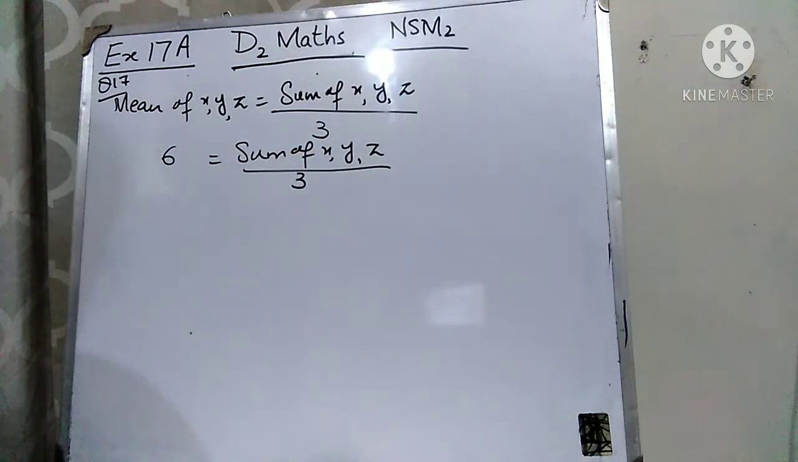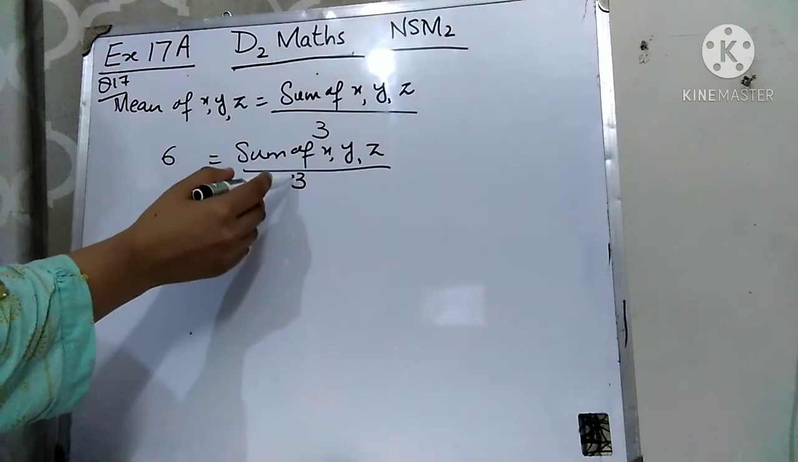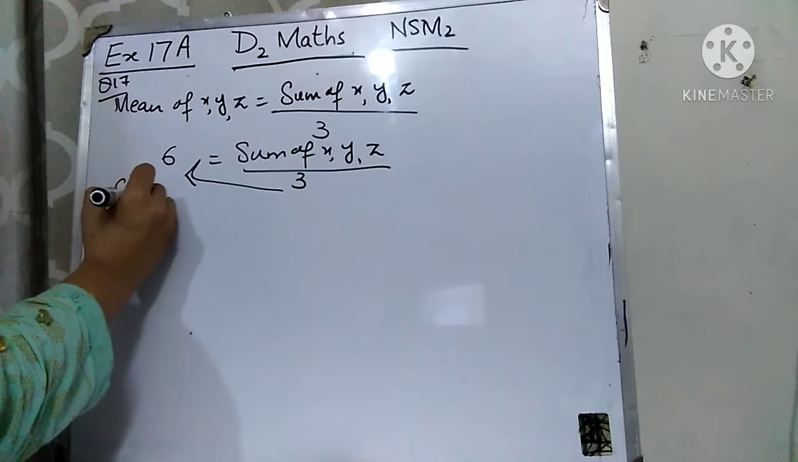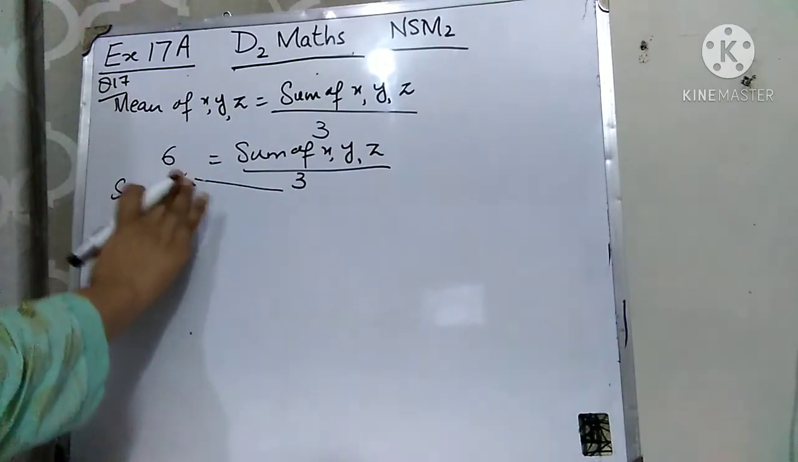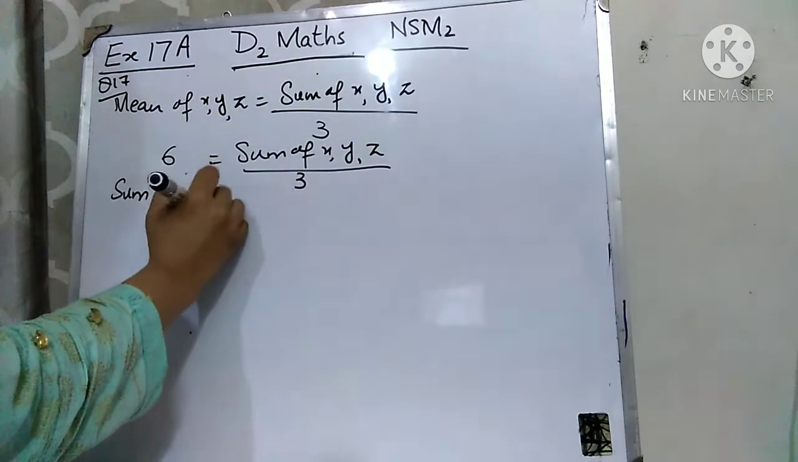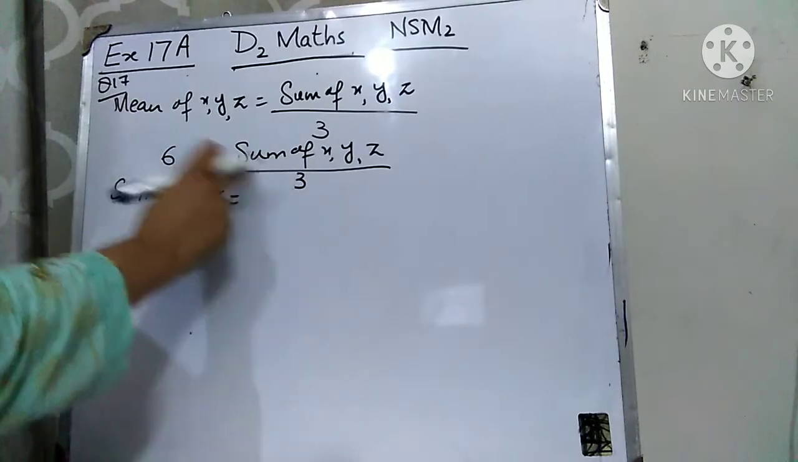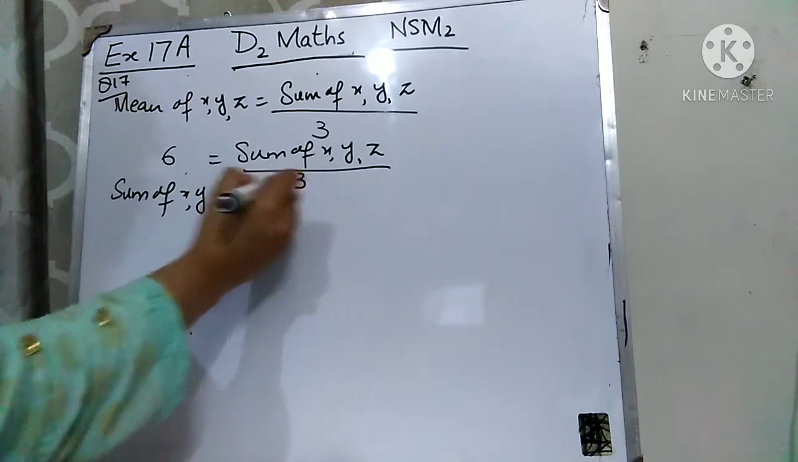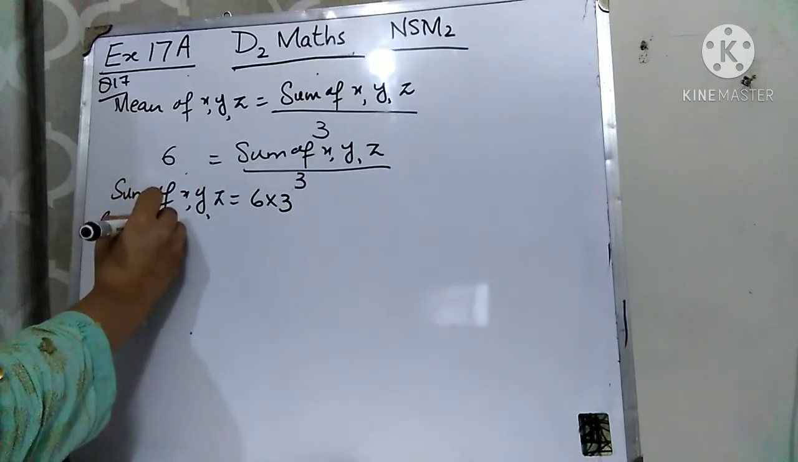We have to find out the sum of x, y and z. So this 3 is dividing over here, and it will come to this side and multiply with 6. You will move this 3 over here, it is dividing over here, it will come to this side, it will multiply. This is the rule of equation. So the sum of x, y and z is